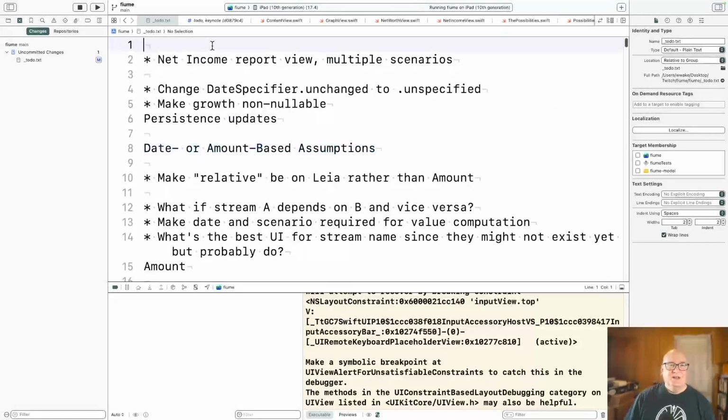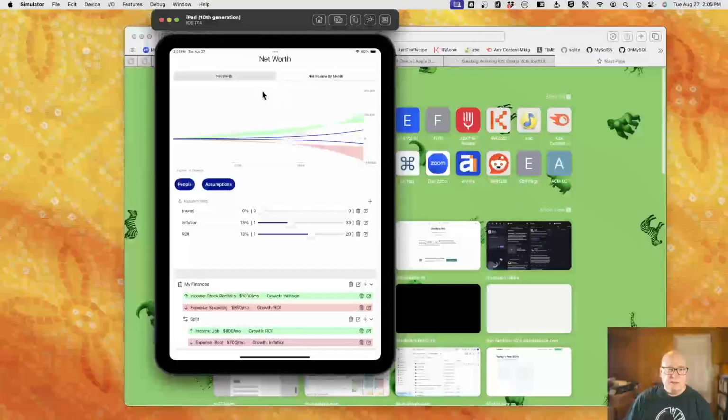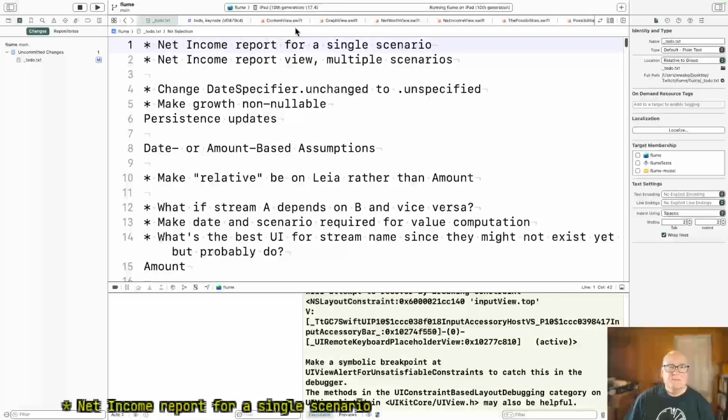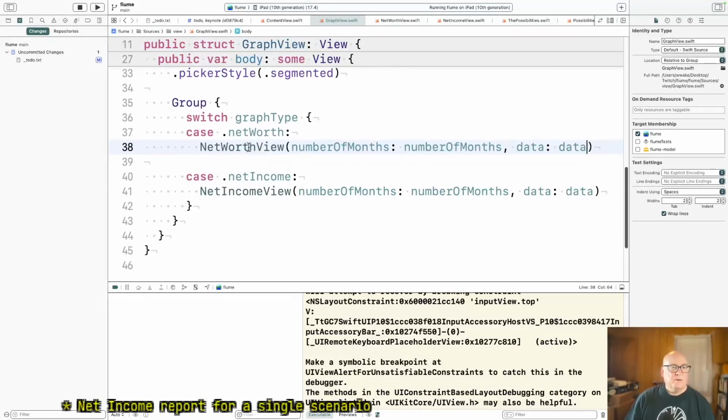Okay, so I guess my starting point is net income report for a single scenario. Okay, and we will put a little drop down up here and work from that. That is, well, we got graph view as net worth view, net income view. Let's put it,